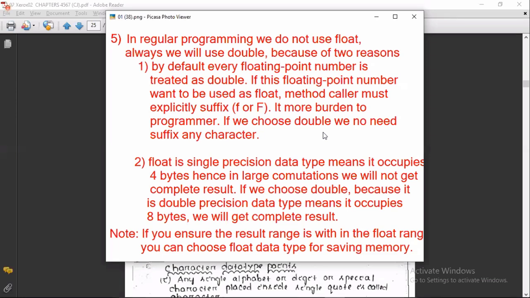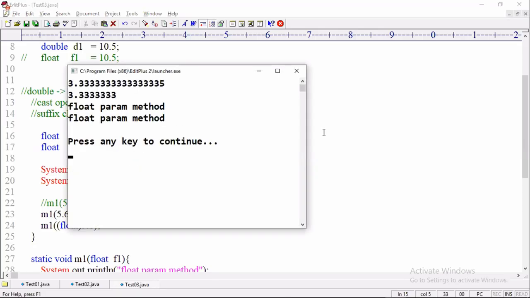Every time you should write an additional suffix character. And the second problem is that float is a single precision data type, meaning 4 bytes. Then we lose many digits on the fractional side. If you run this program, we are losing so many values if you take float. So if you want an accurate value, better choose double.